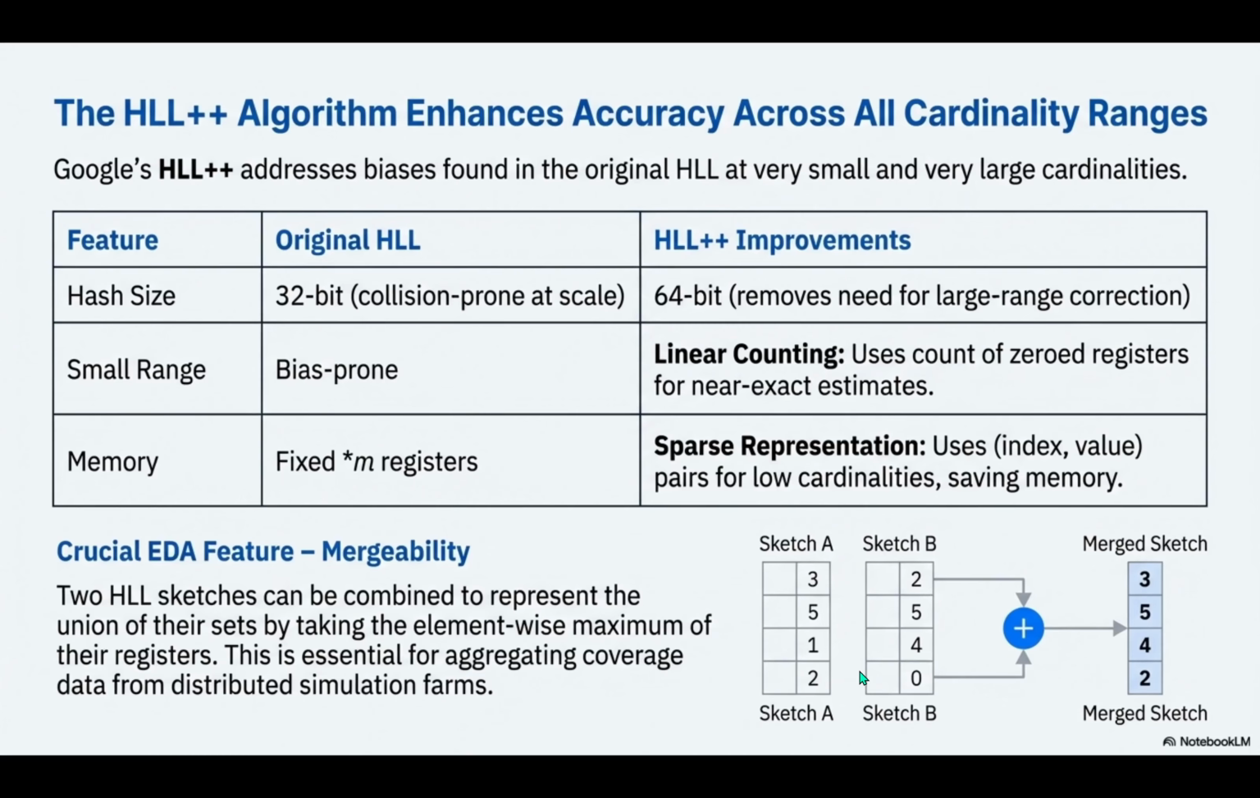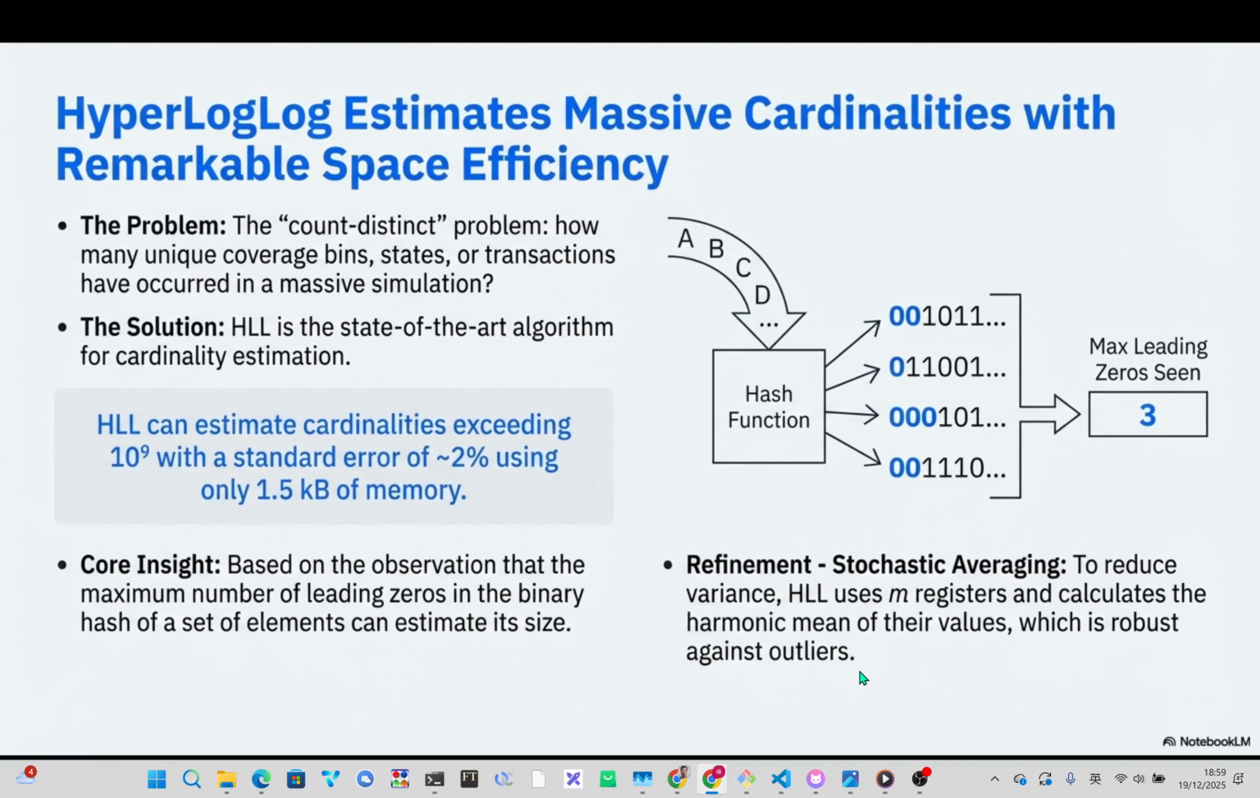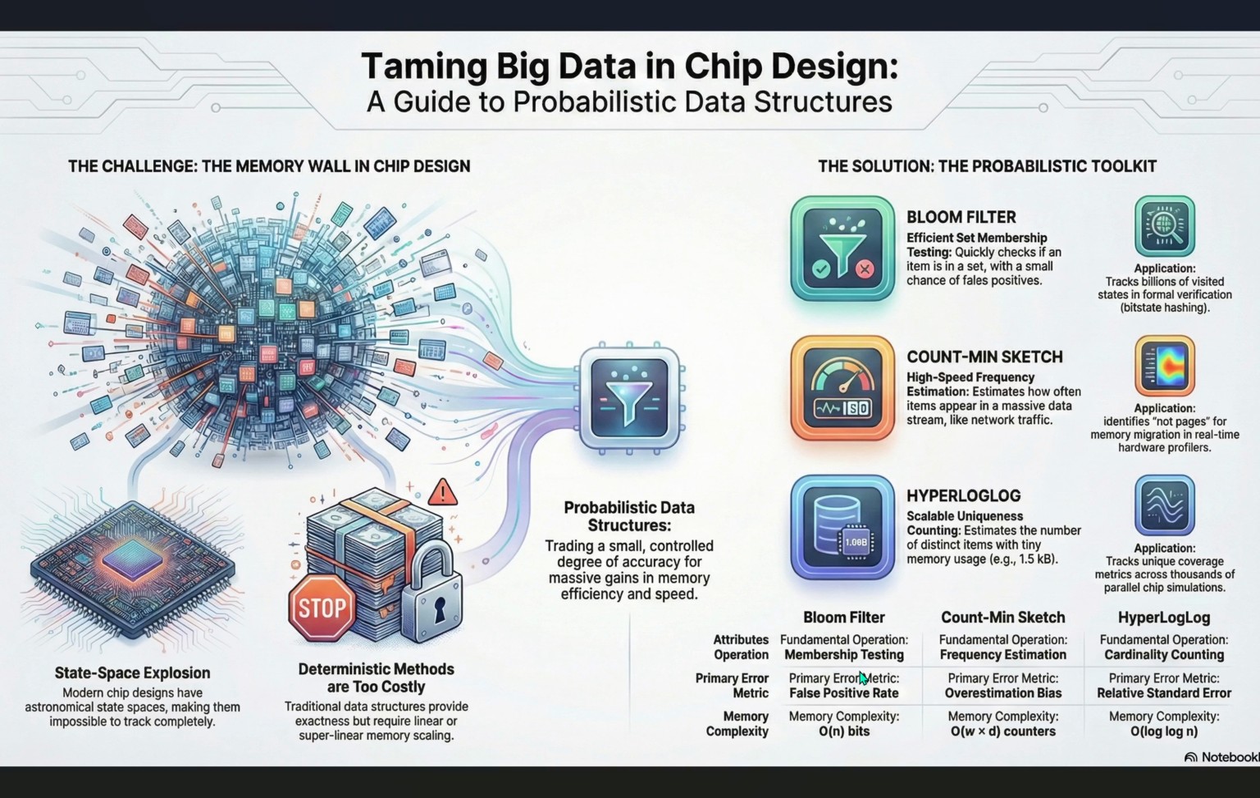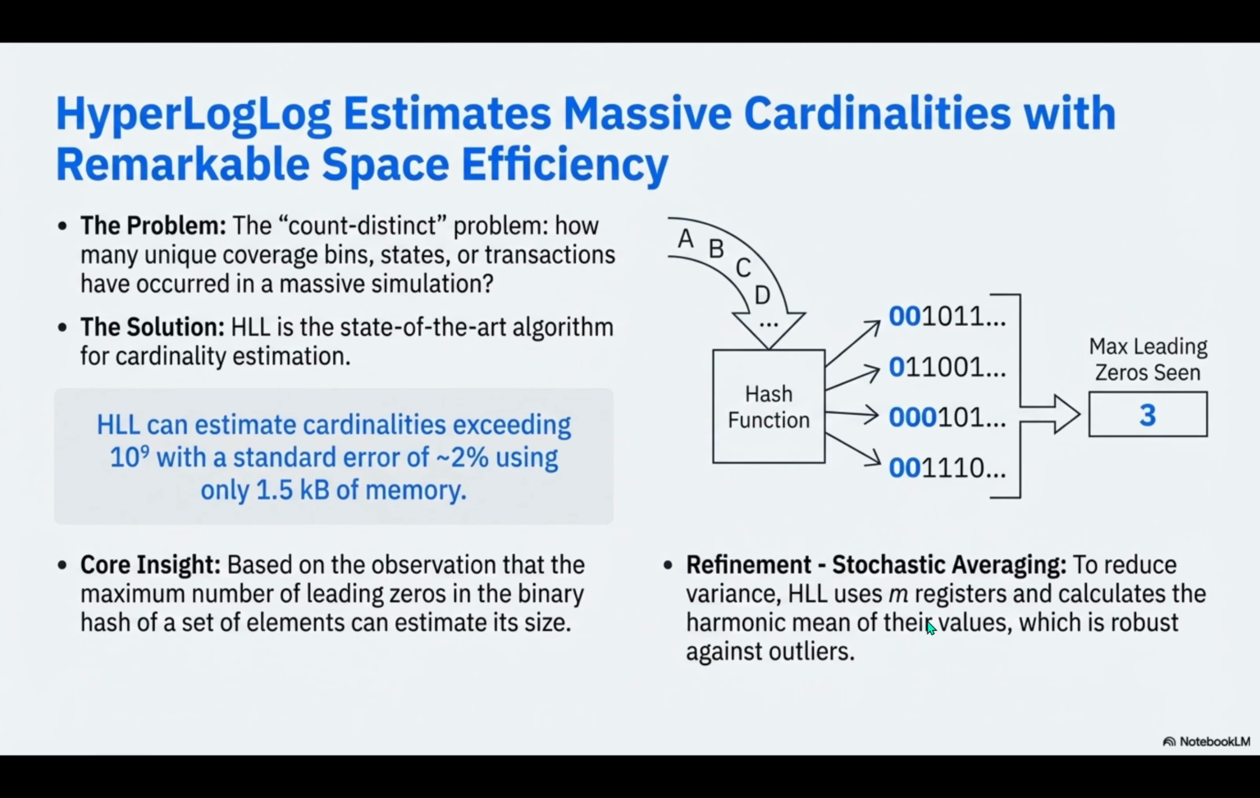Through stochastic averaging, HLL splits the data into many smaller independent buckets, let's say 124 of them, and for each bucket, it tracks the longest run of leading zeros it has seen. And then it averages them. Not quite. It calculates the harmonic mean of their values. The harmonic mean is much less sensitive to extreme outliers than a regular arithmetic mean, which dramatically increases the reliability